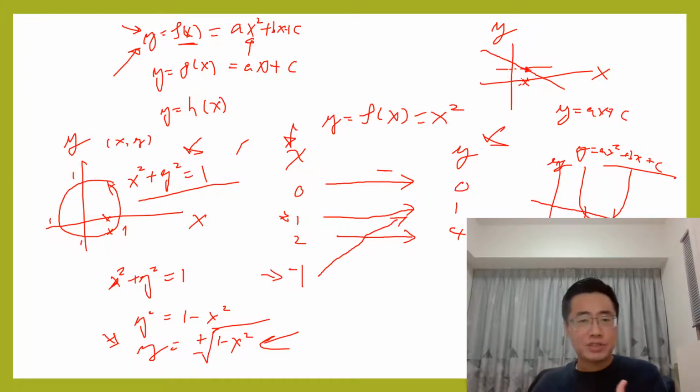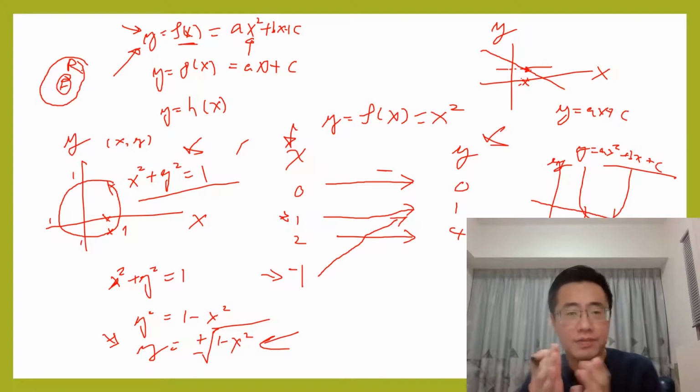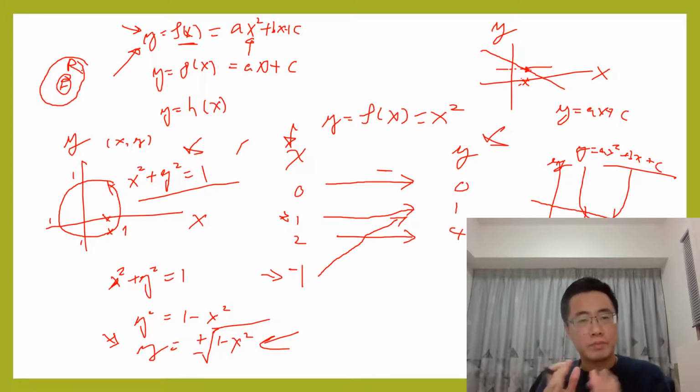So you can imagine that a function is literally a subset of a relation. Here is the function and it is the relation here. The graph of a function is a relation. However, a relation does not necessarily mean a function. Formally speaking, a function is a relation such that for each x here, there is at most one ordered pair xy.